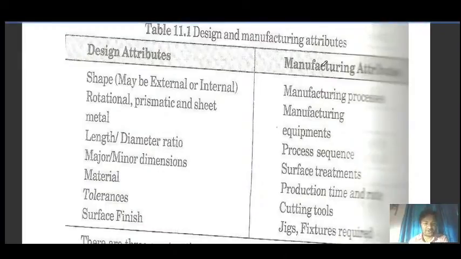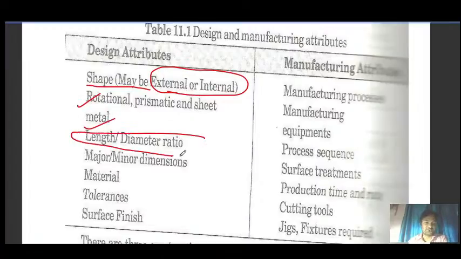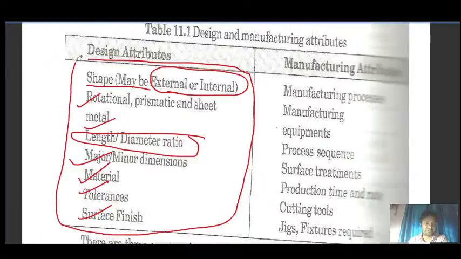One is design attributes, and what are those attributes? The shape may be external or internal, then rotational feature, prismatic or sheet metal, then length and diameter ratio, then major and minor dimensions, materials, tolerances, surface finish. These are the attributes we will consider when we go for the classification of the part family.